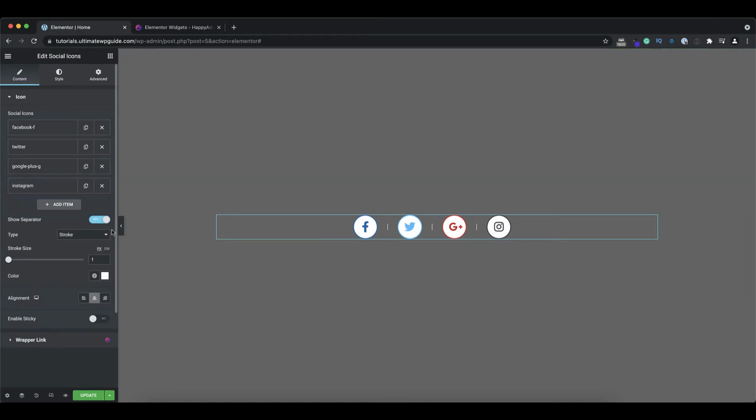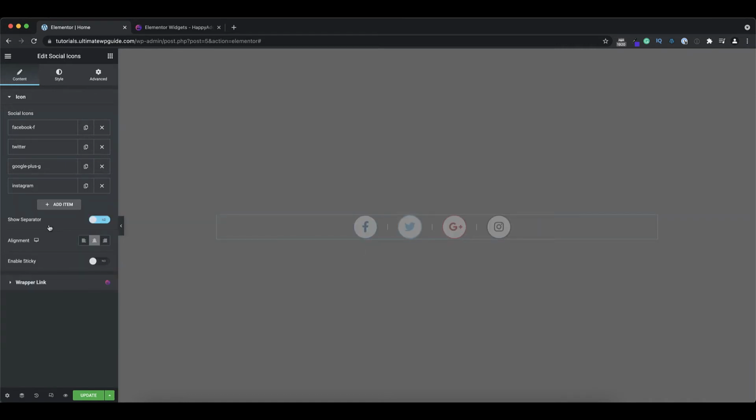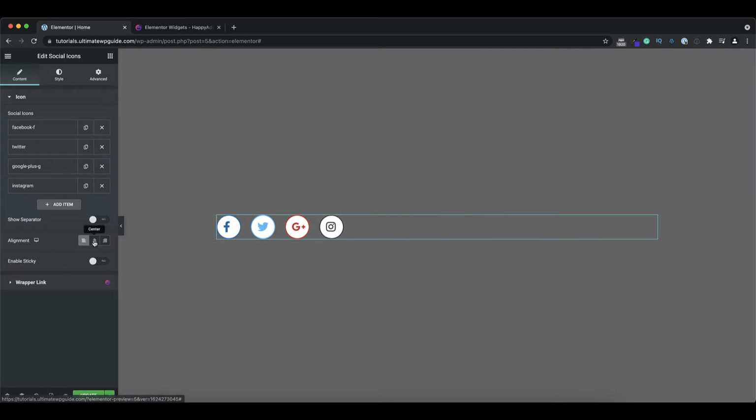On the separator side, you can see that there's a little separator in the middle. I can customize these as well, whether I want that to be a stroke or a custom type, what the stroke size and what the color needs to be. I'll turn that off over here. I can specify the alignment in terms of where it sits within the container: left, right, or center aligned. And I can enable or disable sticky, self-explanatory, if I want these social icons to stick in a certain area